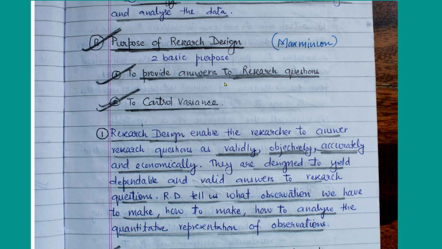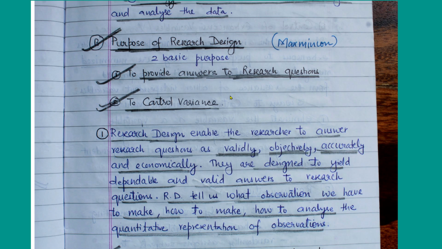Suppose I want to know the knowledge level of my farmers, or the extent to which they have adopted a particular technology. If I consider their knowledge as one of my independent variables, I will not actually measure the knowledge, I will measure the variance in knowledge. So always remember, we do not measure the variable per se, but we always measure the variance in those variables.